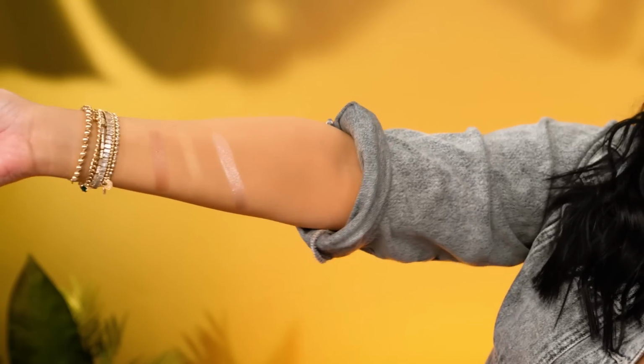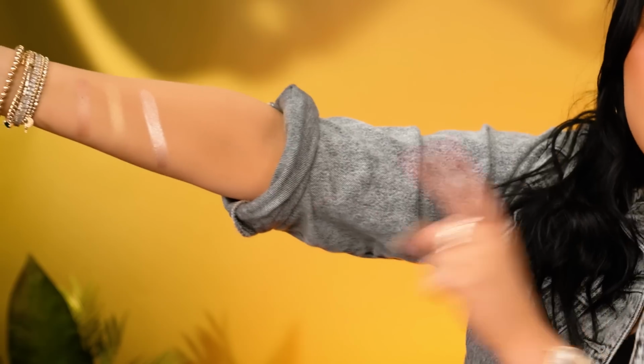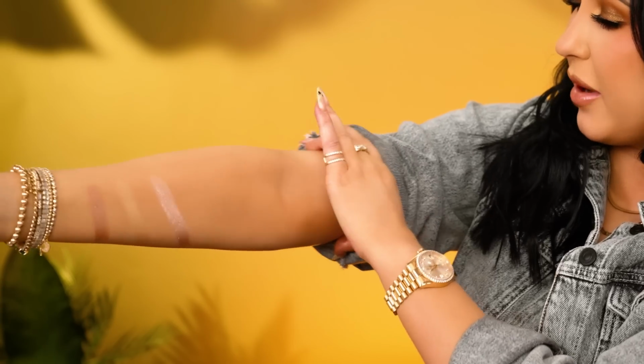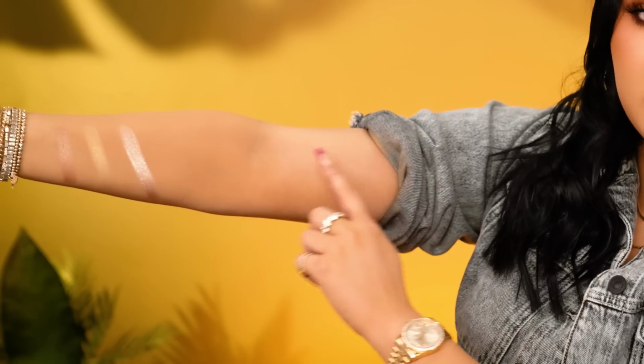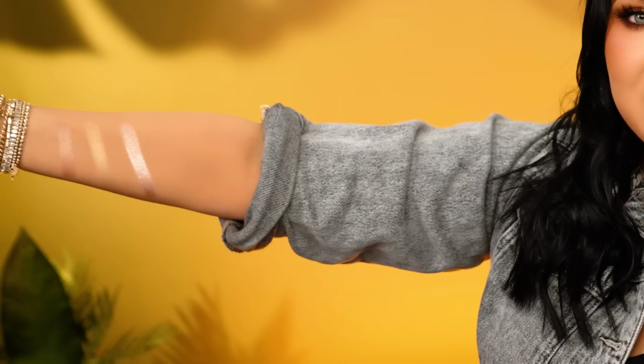Now we have the shade Glazed Out. This one is definitely more of a cool tone, silver undertone. This will look gorgeous on all of the fair ladies out there. I can also wear this on my skin tone right now, and I'm definitely very tan right now, even though that tan is fake. I'm gonna be honest, this is just foundation on my arms. Look at how pale my arm is up there. I put foundation from here down because I'm so pale and I wanted to look bronze in this video,